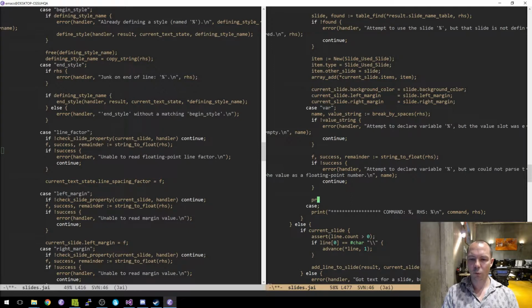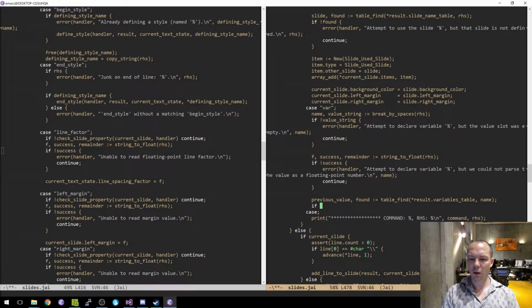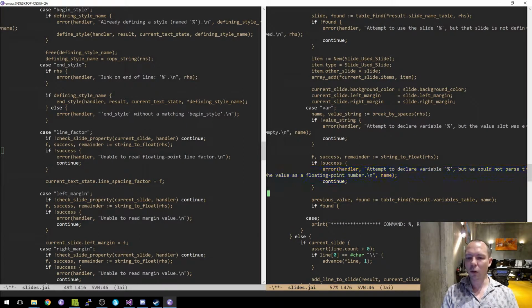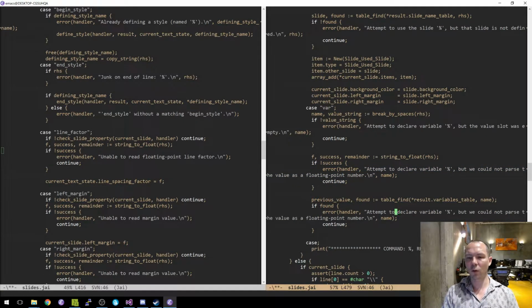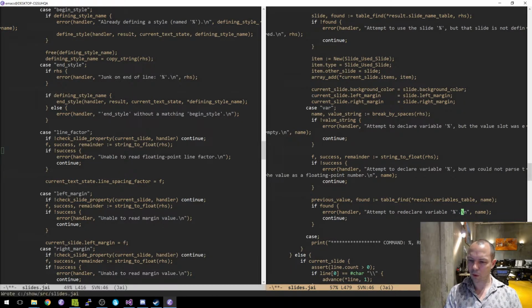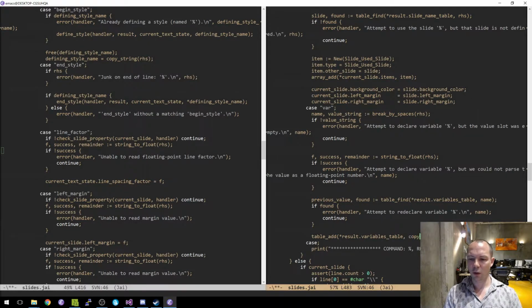Well, previous value found is table find the variables table name. If found, then we complain. See, writing good software is just about finding the maximum number of ways to complain so that people know what the hell is going on. Attempt to redeclare this variable, right? Because it was already declared. Otherwise, table add variables table copy string of name and f. Okay,